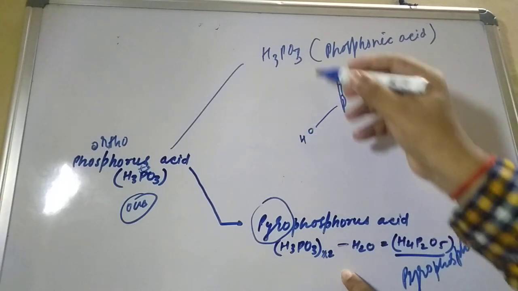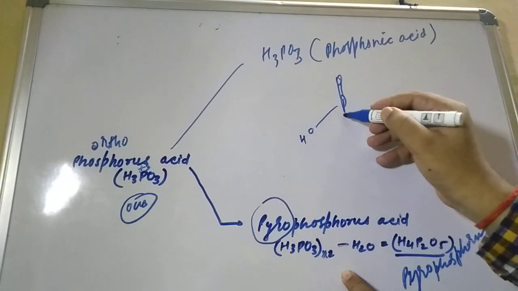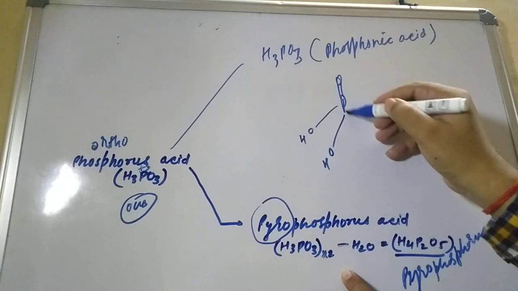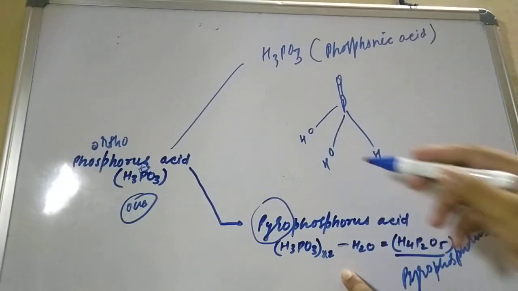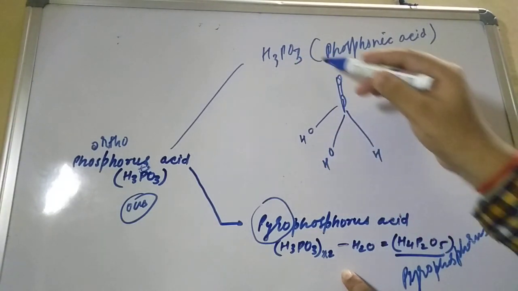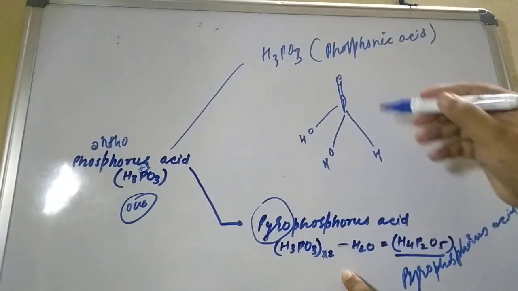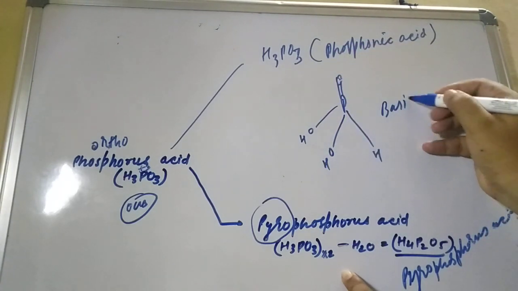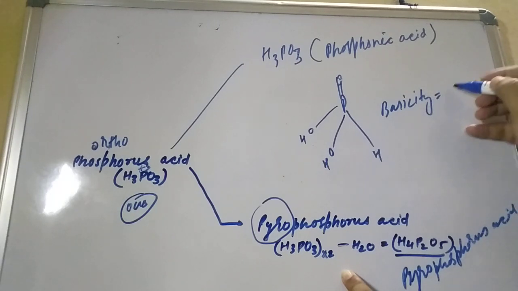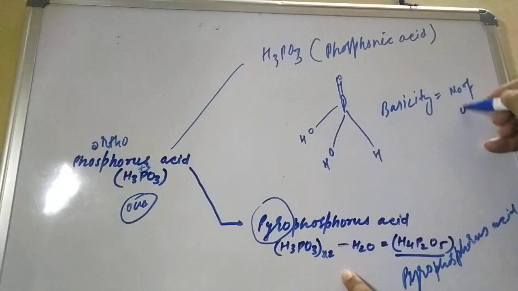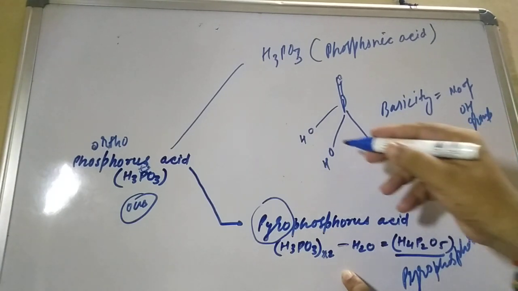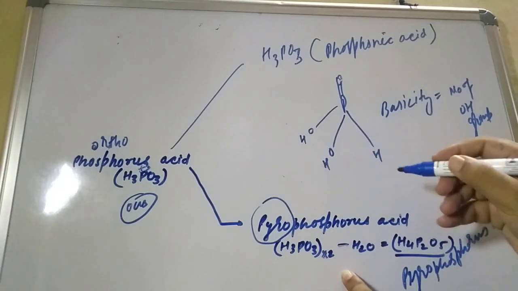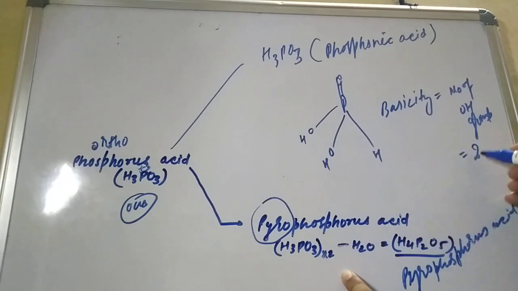Now you see how many oxygen are there, 3 are there. So 1, 2 and one more OH group, and that is remaining is this. So H3PO3, so 1, 2, 3. Now they are asking what is the basicity. Basicity is equal to the number of OH groups. So how many OH groups are there? 2. So the basicity of phosphorus acid is 2.